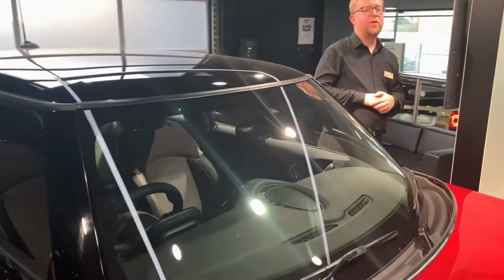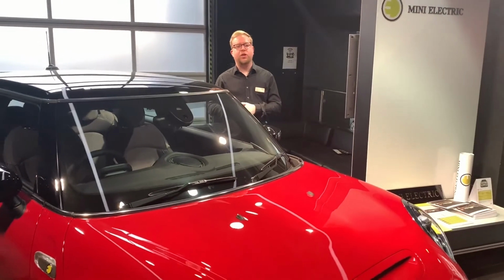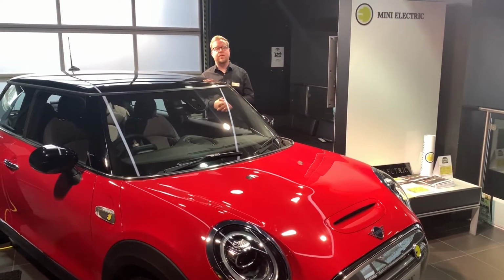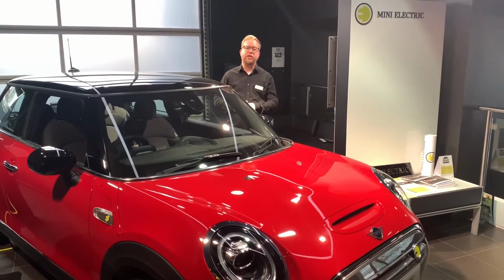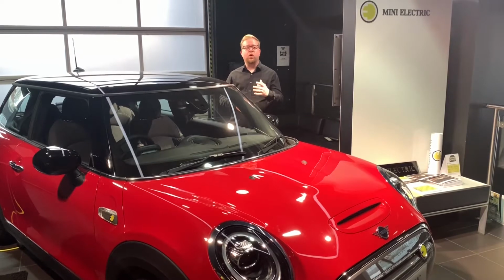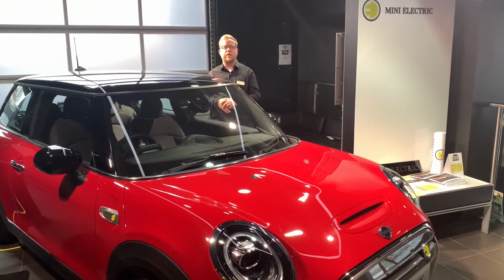And finally, of course, we do have the brand new Mini Electric in our showroom. You can come and view the one that's currently sat here in the showroom. We also have a couple of cars outside for you to test drive as well. So if you are interested in looking at going electric, we've also got some options for you to have a look there too. All of these cars are in our showroom ready for you to view down at Billicombe Road